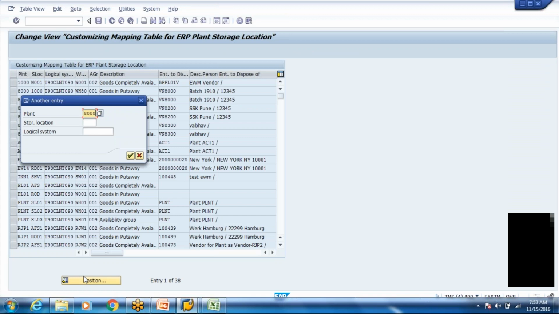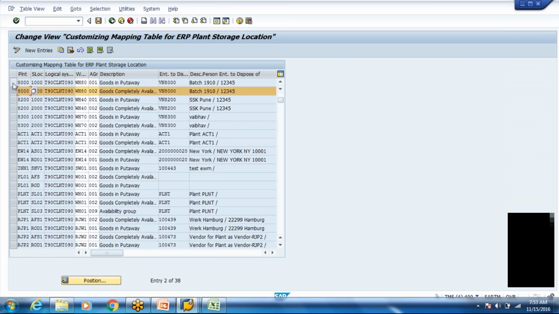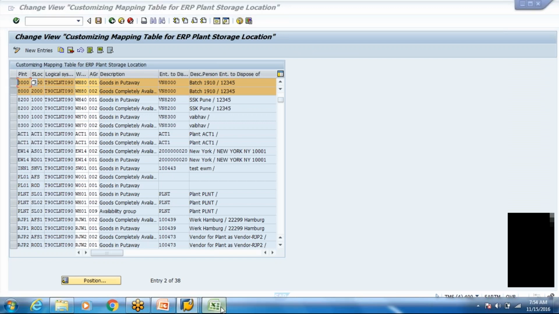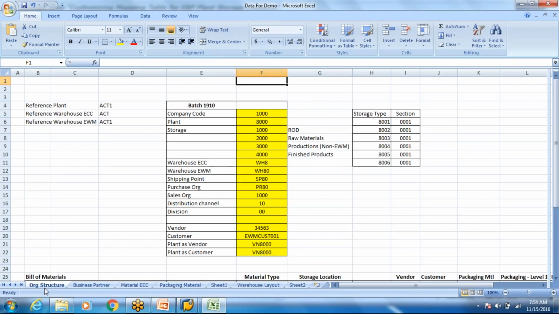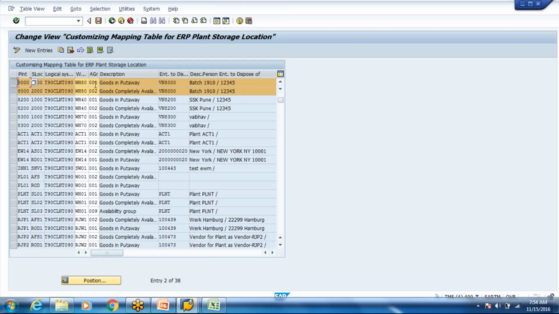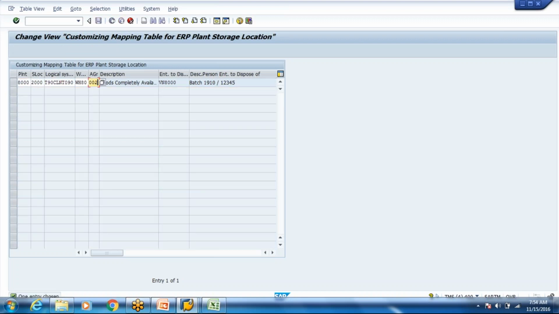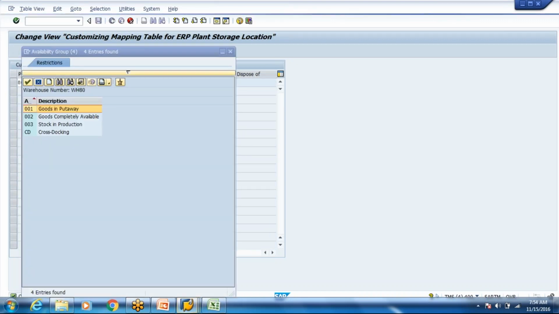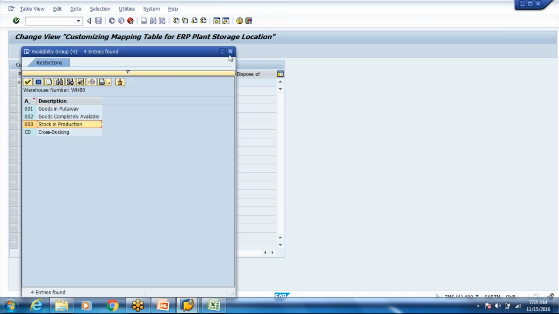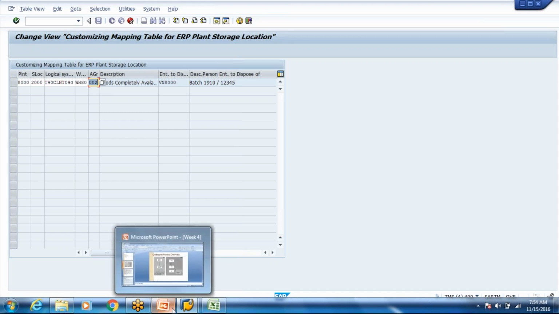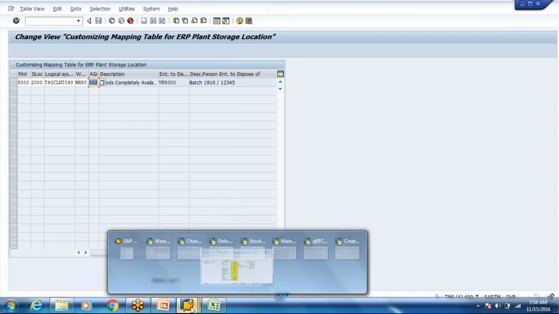So for our plant, we just maintain two, right? Store location 1000 and store location 2000. We need to maintain that store location 3000 is for finished product. So we need to create an availability group here, or we will say copy this. We have an availability group here: stock and production, stock completely available. Let us first create a